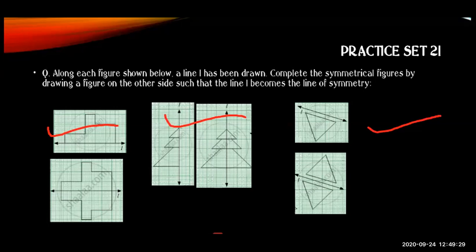So here one side of the figure has been drawn for you by taking the line L, and the other side you have to complete, and it will look the same. That means it will look like a symmetry. Now I hope you have understood how to complete the other side by seeing the same thing. You have to draw it and complete it. So here we have completed.